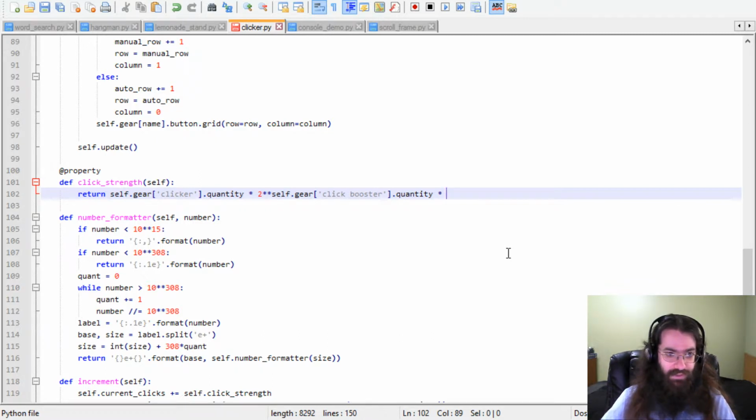So instead of having to update click strength everywhere, it's just going to be recalculated every time. Return the clicker quantity times that, the quantity of this, and then we will want the number of mobsters. Yeah, clicker, click booster, and now we do something with mobsters. So how about